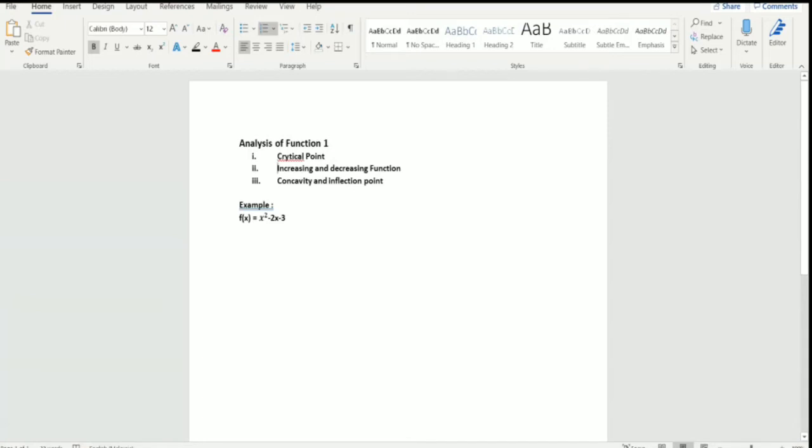My name is Sani bin Mahazir, and for my part I will be explaining more about analysis of function 1. As far as I'm concerned, what I learned in this topic is first critical point, second is increasing and decreasing function, and third is concavity and inflection point. If you look at the example, f(x) equals x squared minus 2x minus 3. First we have to find the critical point, and let's put it over here,